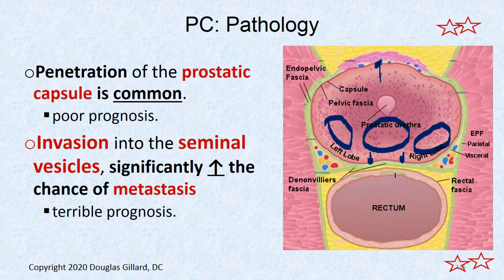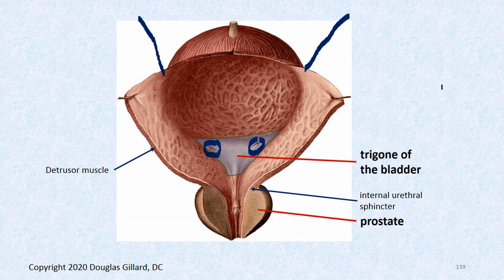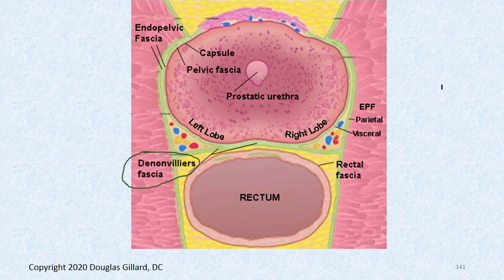But if you get cancer of the rectum, that cancer can get in much easier. So it's kind of a one-way membrane, which is a little bit strange. Okay, one-way barrier, as I just said. Oh, I could have gone one slide that way. And anyway,